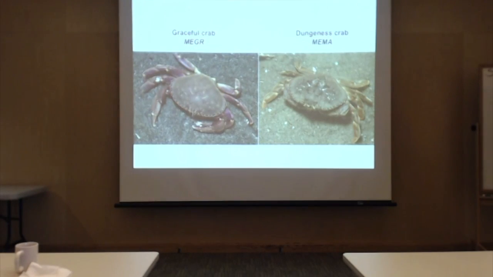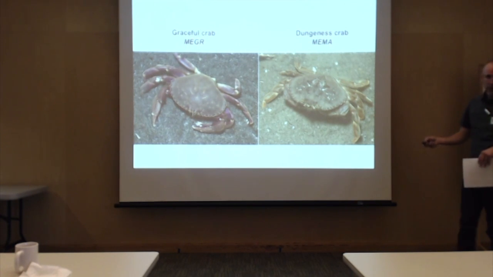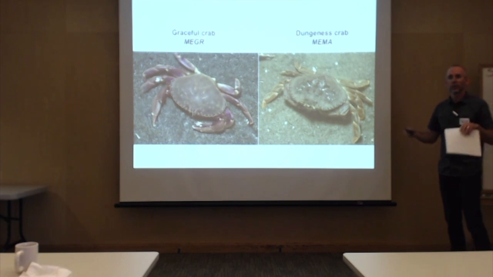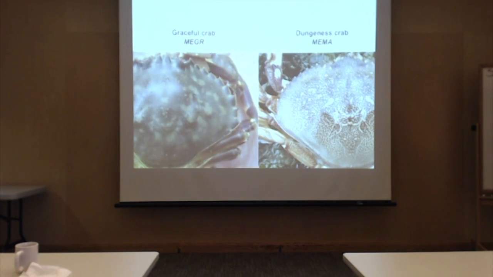So when I compare them side by side, Dungeness and graceful, at the same size. These are both juvenile to subadult crabs. They look pretty similar. I mean, I'm with you here. They look very, very similar. But if we zoom in on them and look at them more closely, just from the carapace alone,